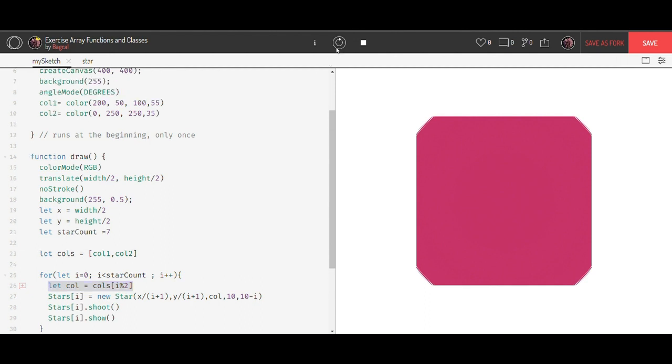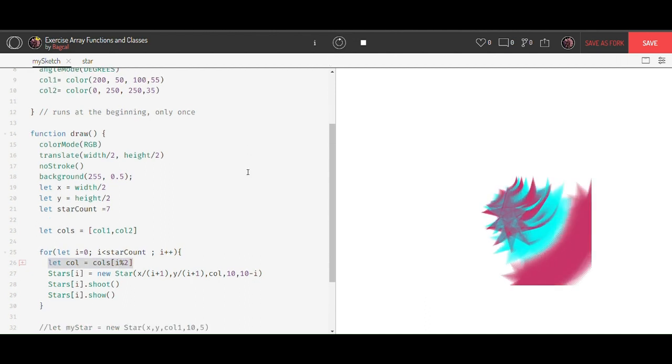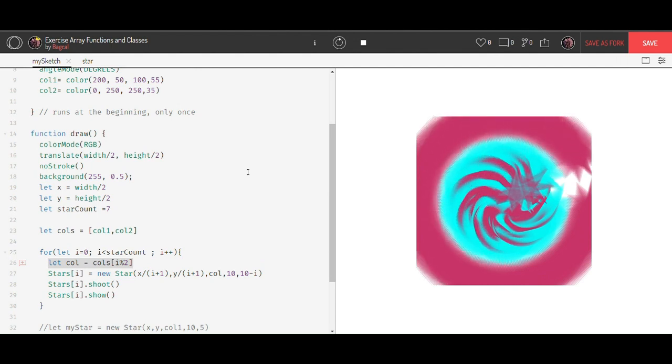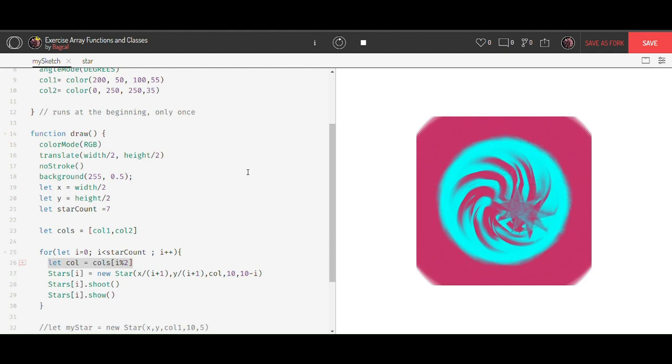So let's give it another run. And now we're getting this colorful wishy-washy soup happening in here. And it's quite exciting. Looks quite pretty in my opinion. So yeah, this is the end of this exercise. As always, go around, play with it, make it your own, see what you can change it